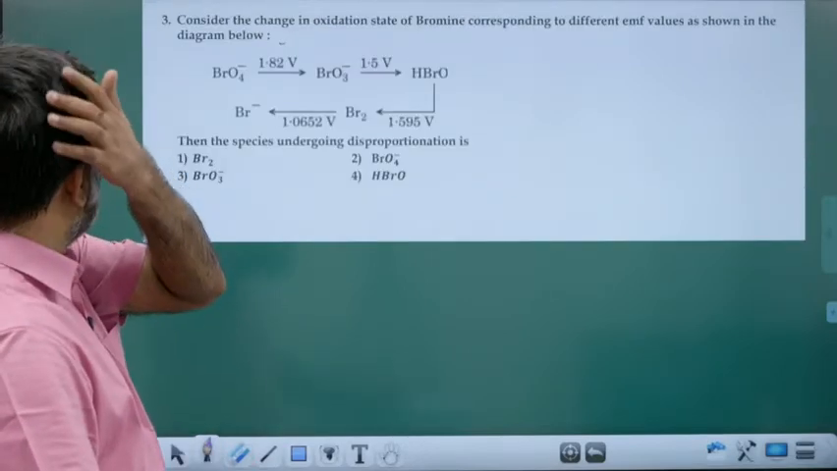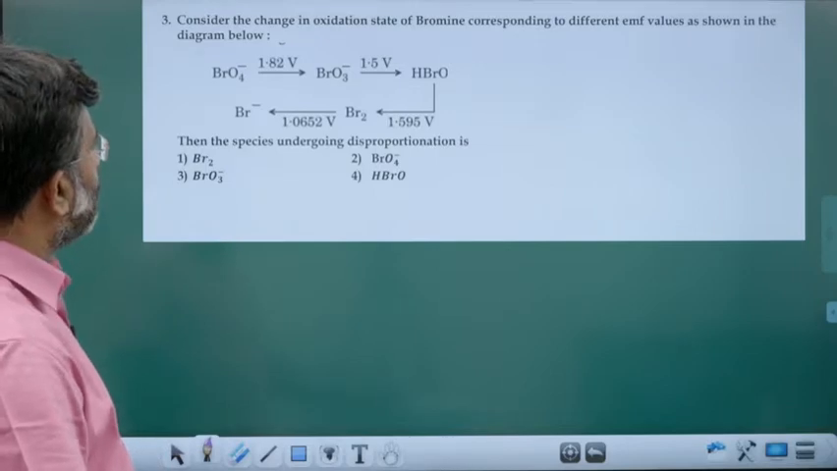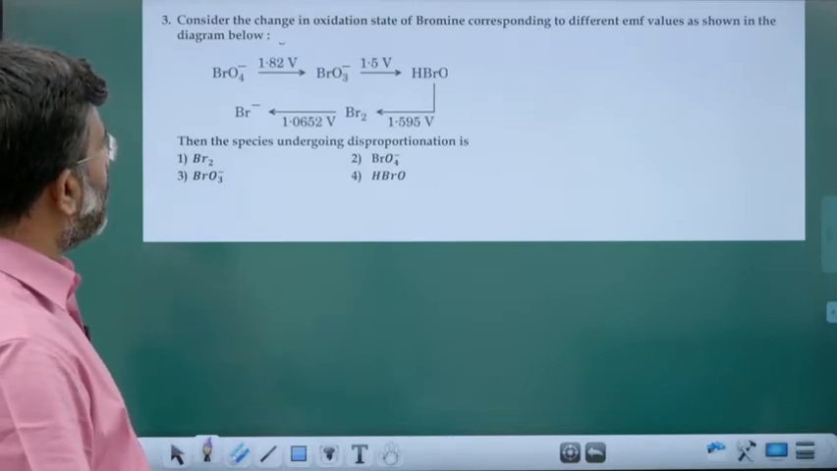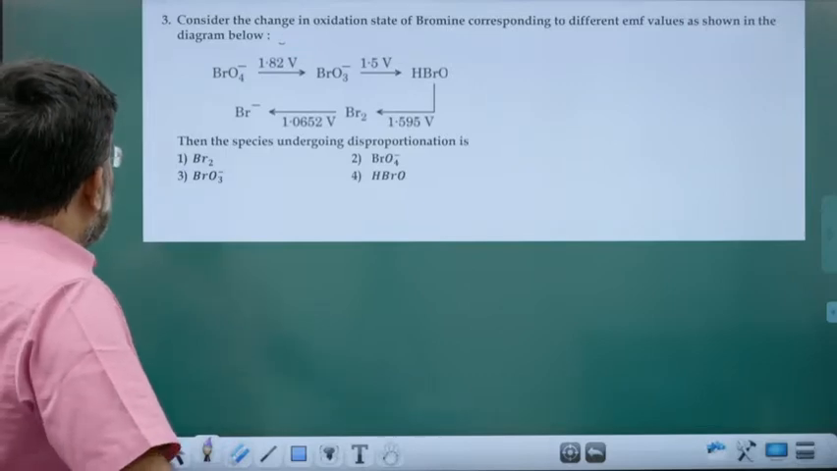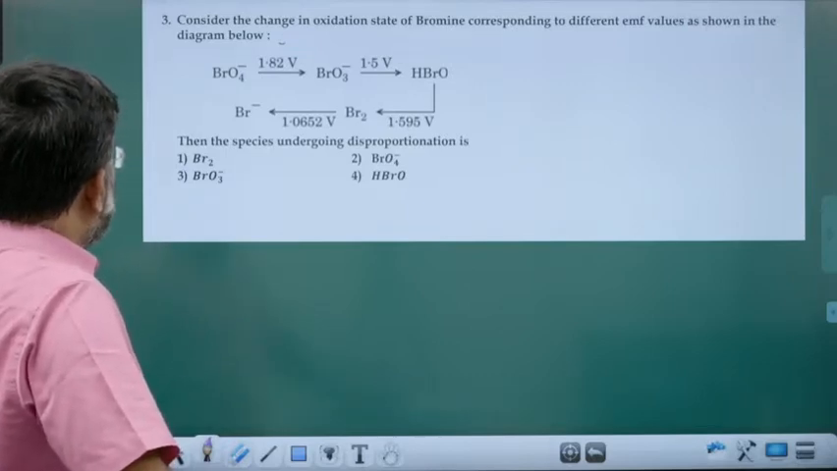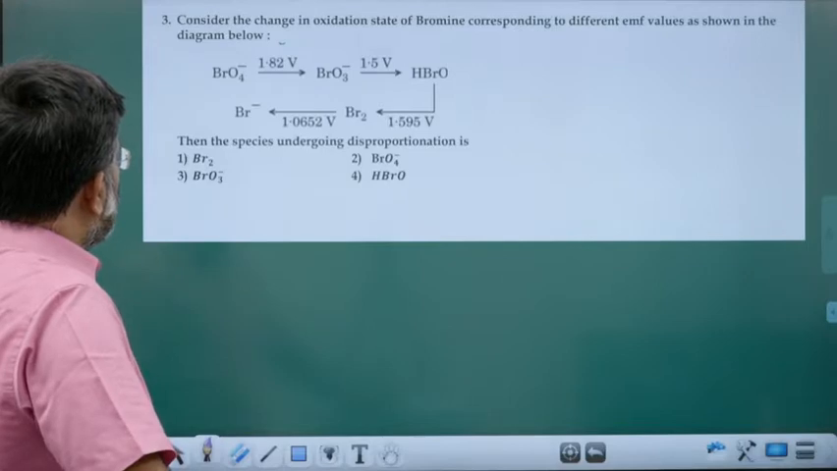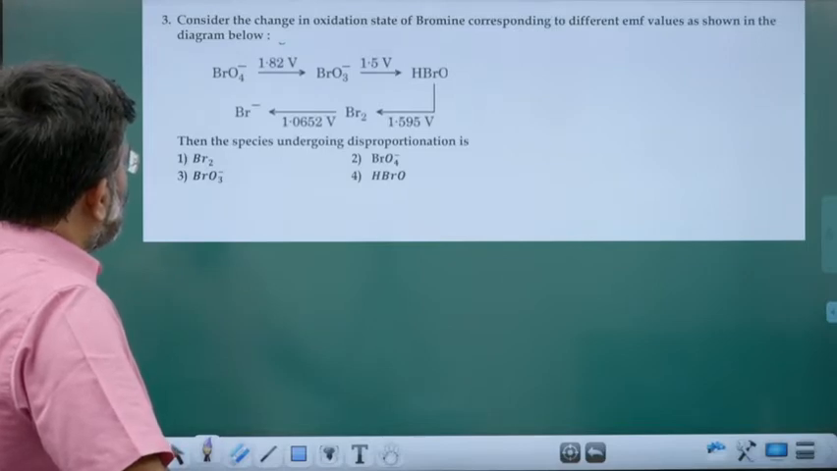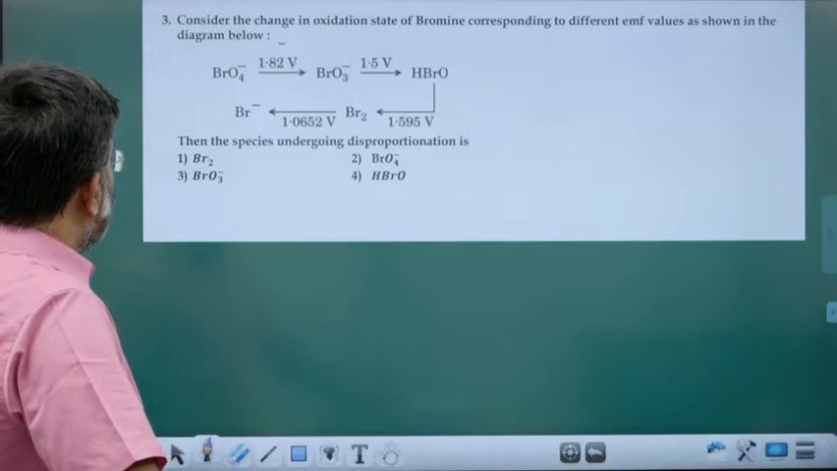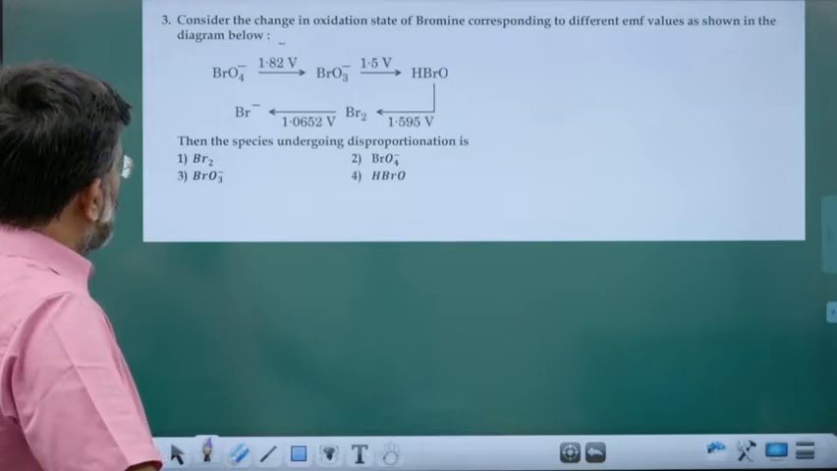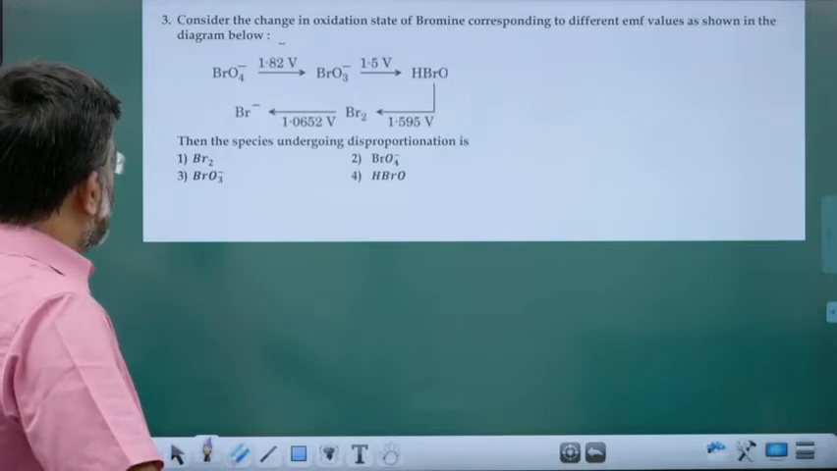Consider the change in oxidation state of bromine corresponding to different EMF values as shown in the diagram. Perbromate converted to bromate, converted to HBrO, converted to bromine, converted to bromide. Then the species undergoing disproportionation is,